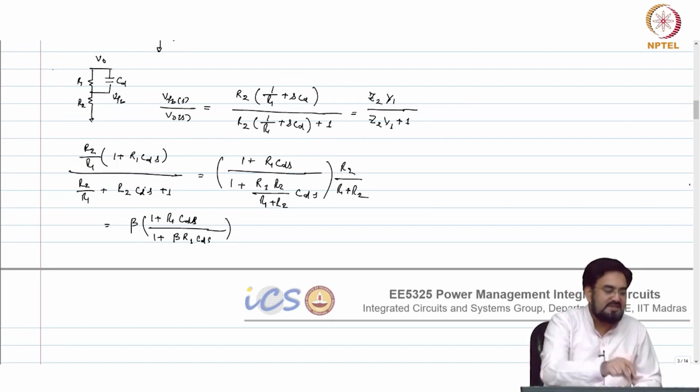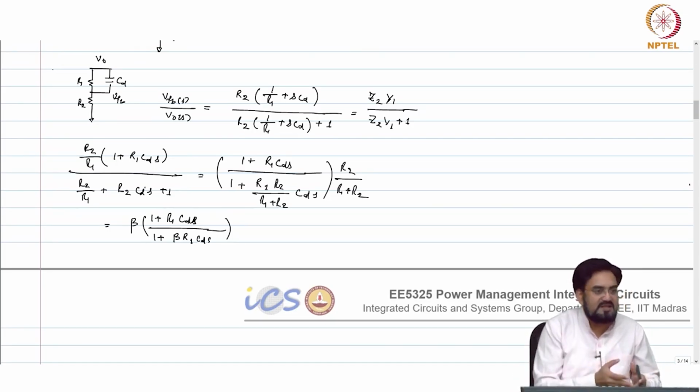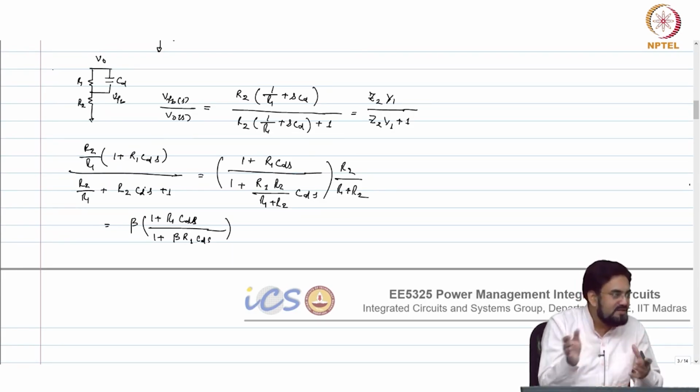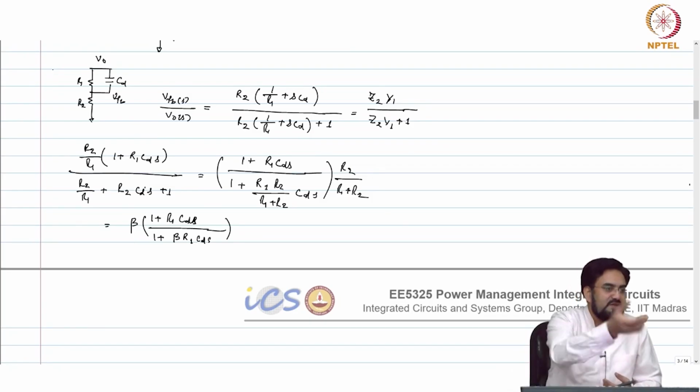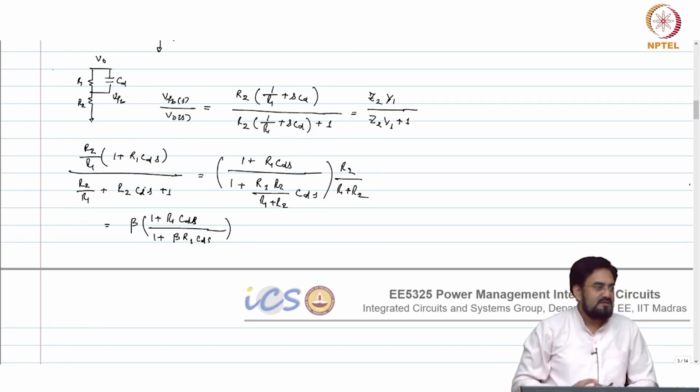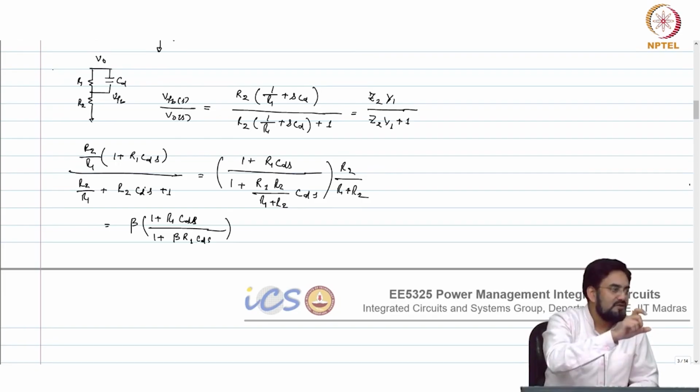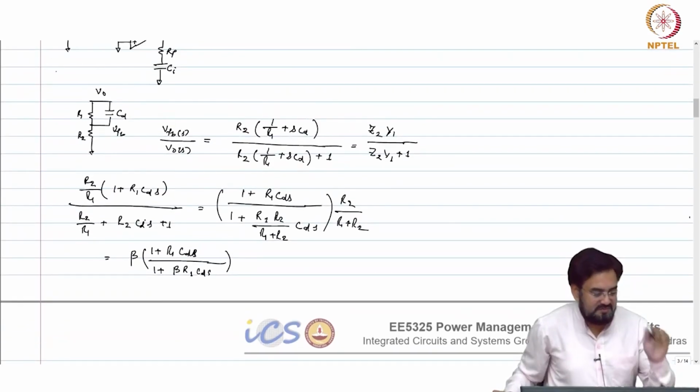So in order to place this pole outside UGB, and we know omega Z2 is appearing at omega naught, and omega naught is even lower than your omega UGB, and this pole should be maybe 5 to 10 times away, which means you may require like 40 or 50 gain here. Your beta should be 1 over 50 kind of number, which is unrealistic. That means your reference voltage should be order of tens of millivolt. It does not make any sense in that case. We do not want to keep the reference voltage too low, otherwise it will become more sensitive to noise. So this will not help.